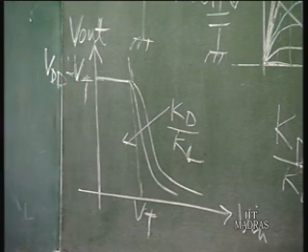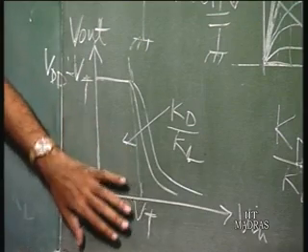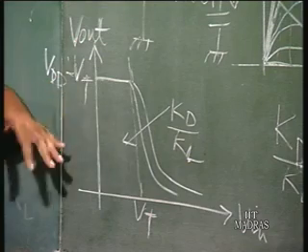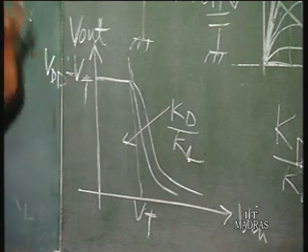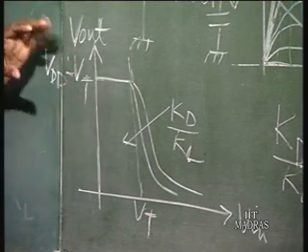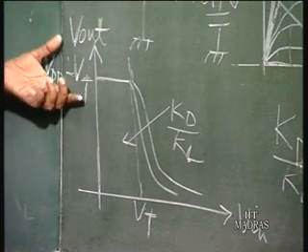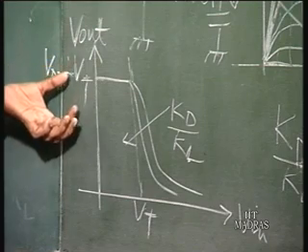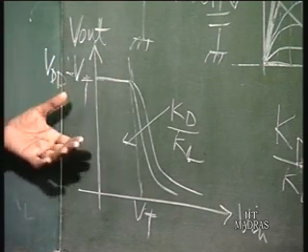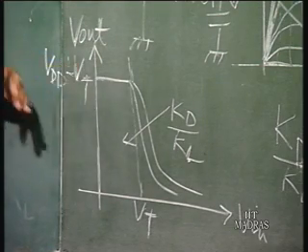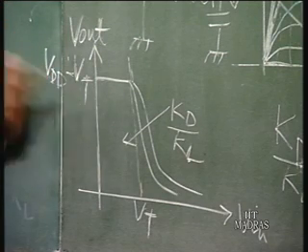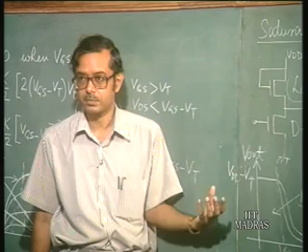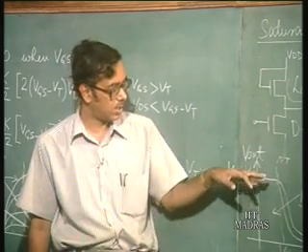This is the output characteristics of this particular circuit. Obviously, this has a disadvantage in the sense that the output voltage does not go up to VDD. You are losing output voltage. The logic swing is less than the other circuits by Vt. This has repercussions: the logic swing being less means the noise margin is less. Also, the speed of the device is going to be less, since it is not going all the way to